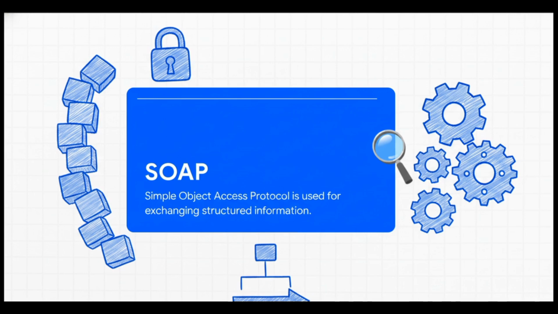While REST is this flexible architectural style, SOAP is a strict protocol. It acts like the fortress of legacy systems. It operates with highly rigid rules for exchanging structured information. When you're implementing web services with SOAP, you don't get that loose, lightweight flexibility. No, you get a formalized set of instructions that both the client and the server absolutely must follow to the letter.